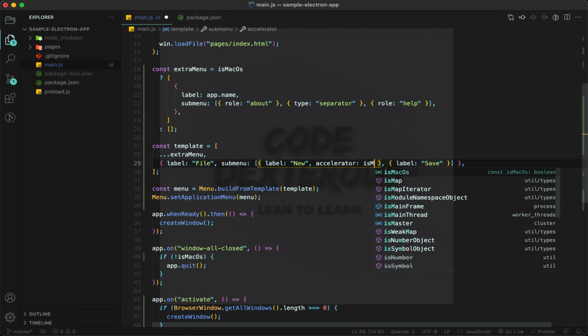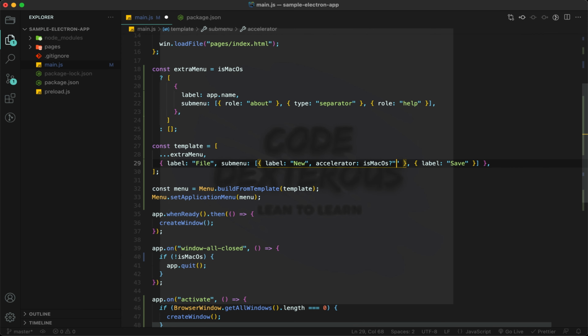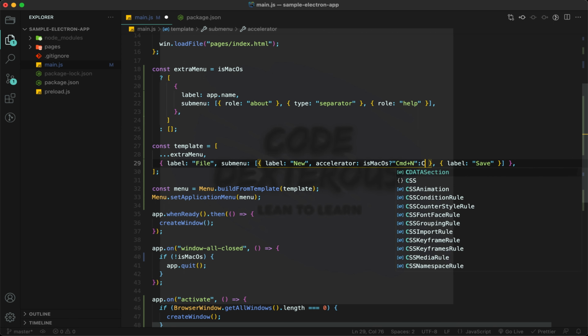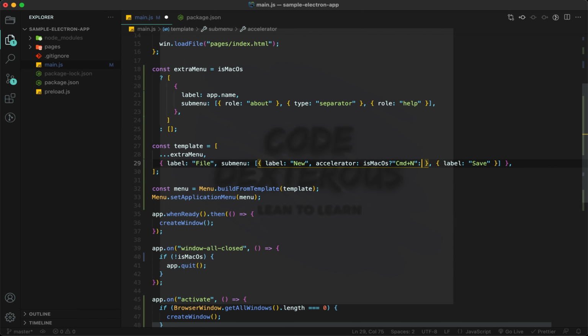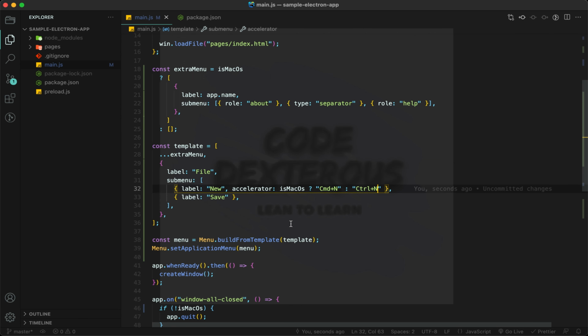If it is Mac OS, then it will be Command plus N, and in case of Windows or Ubuntu, it will be Control plus N. And similarly, I'm going to just copy this from here and paste it here, and this will be Command plus S, and this will be Control plus S. Normally we have this in all the editors.